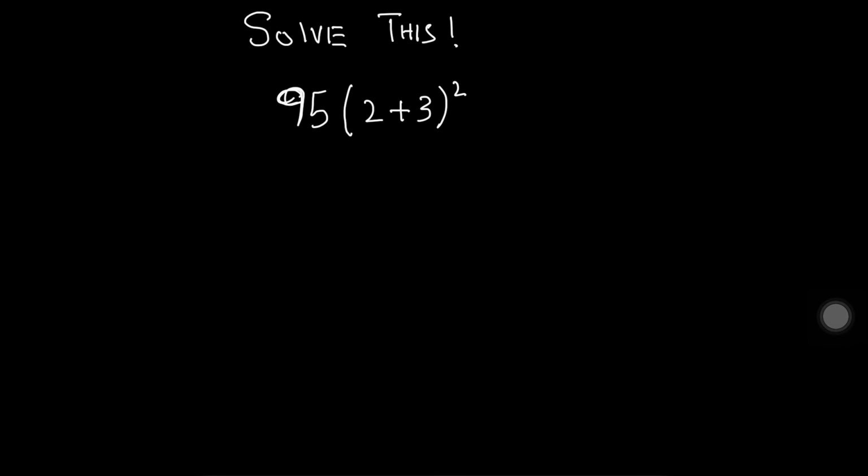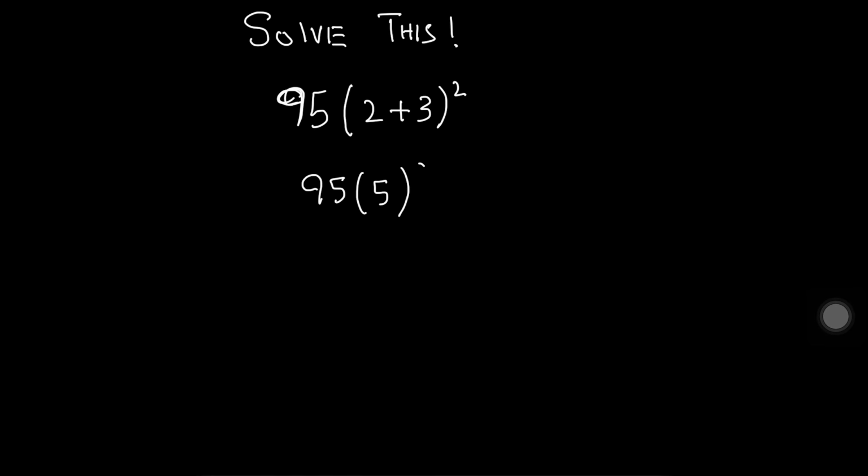In this video, we are discussing the example: 95 × (2 + 3) to the power of 2. So here, how to solve this question? First of all, we simplify the parenthesis in the bracket. In this bracket, we first simplify the value inside. So here we write the 95 same as, and 2 plus 3 is 5.